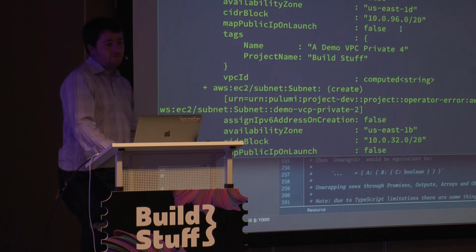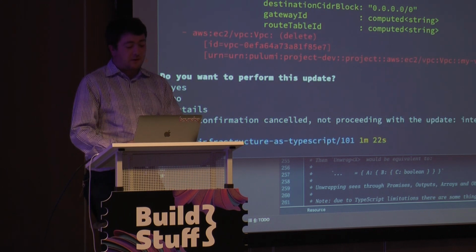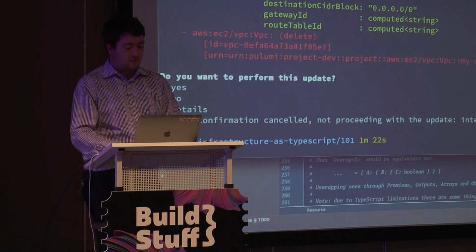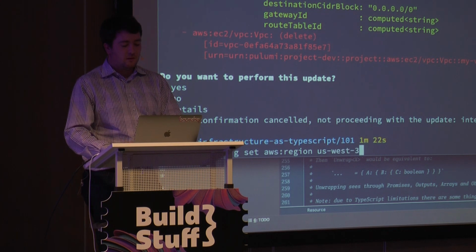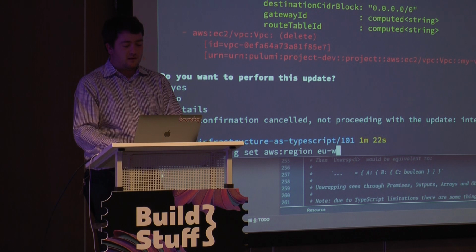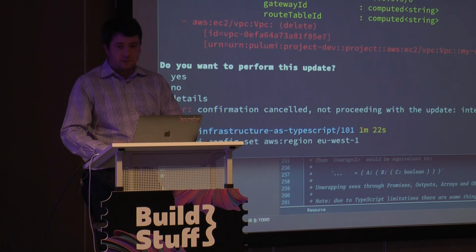But if we change this, and say we're going to deploy into US West 2 instead, we do pulumi config set and change the configuration. Well, actually, let's do EU West 1, and that will be a bit quicker.